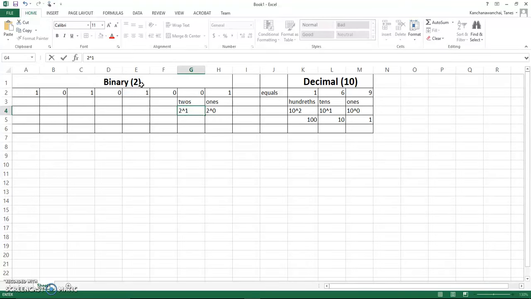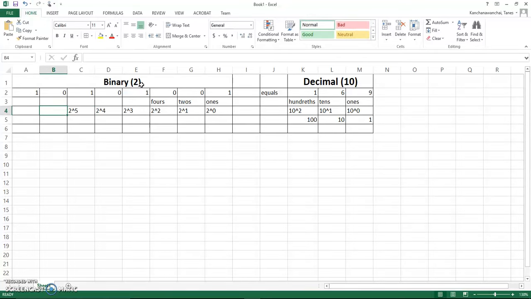And then it's going to be 2 to the 2, which is called fours. So this is going to be 2 to the 3, 2 to the 4,